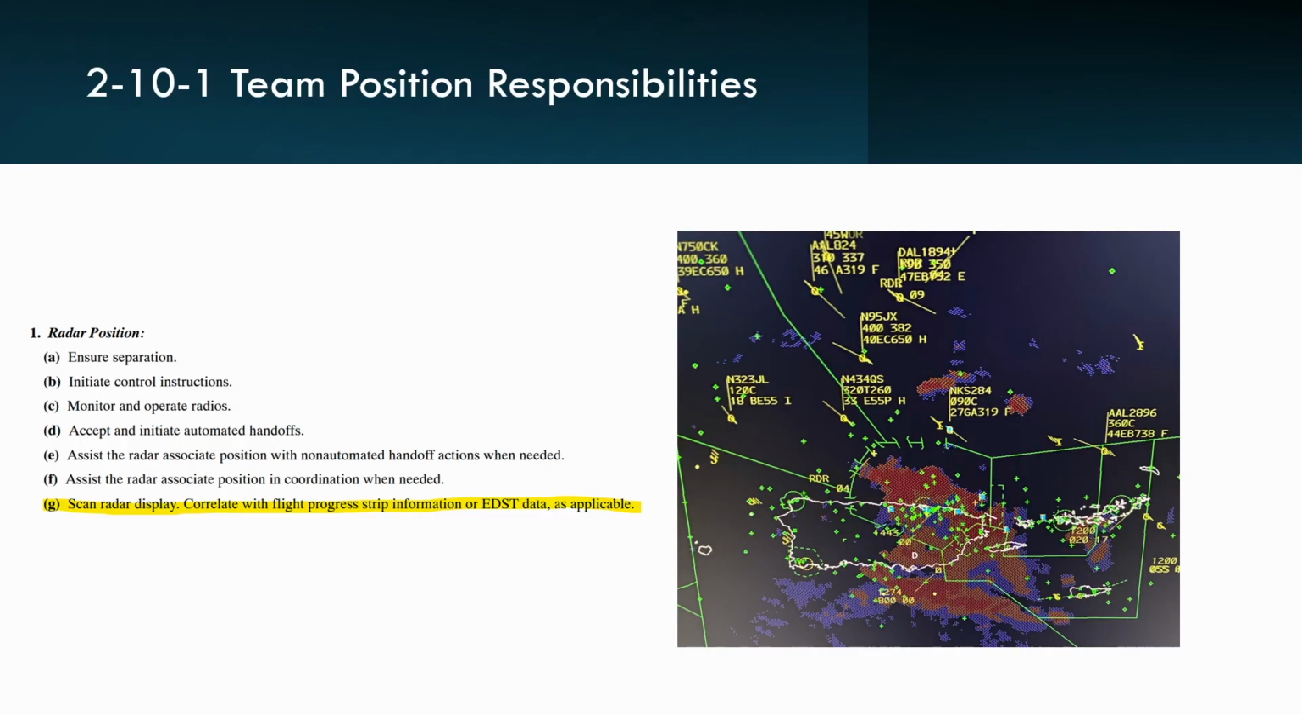And it's worth noting that the radar position clearly defines what you should do with respect to scanning. Scan radar display, correlate with flight progress strip information or EDST data as applicable. So we do in fact have guidance. We have marching orders from .65 saying our duty is to ensure that when we are seated at the radar position,